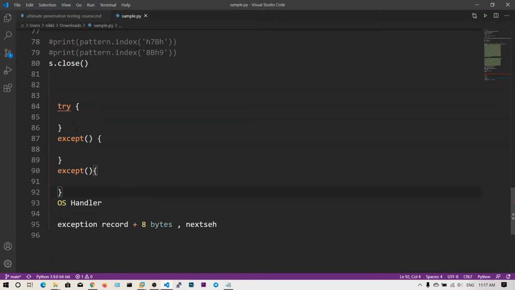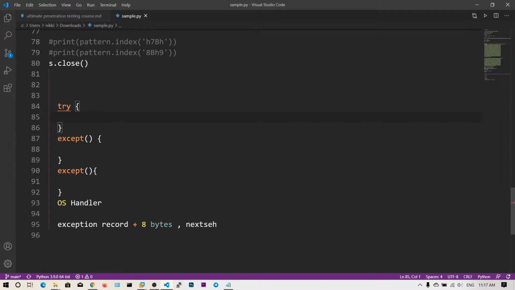So guys, in this video we are going to see about these exception handlers, and first we will see about the normal exception handler, and then we'll move on to the structured exception handler. If your code contains, like, division by 0 or accessing the 100th element of an array that consists of only 10 elements, then these will raise exceptions, and you need to handle those exceptions, otherwise the program will stop at that point. So what I can do is I can say try.